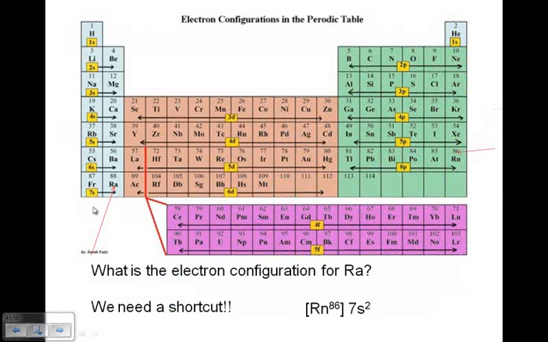Alright, so let's take a look at radon here. Now, when I get down to radon, we need a shortcut, right? It's going to take forever to write this. So what I can say is radon,